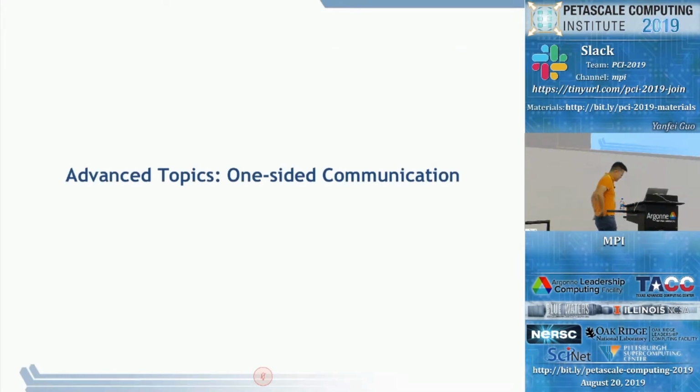Okay, so one-sided communication. This is one of the topics considered an advanced topic in MPI. One-sided communication, or as you may have heard, a different term to describe this is remote memory access (RMA). Compared to a two-sided communication like point-to-point, in one-sided communication, instead of having two processes involved in the data exchange, you have one process